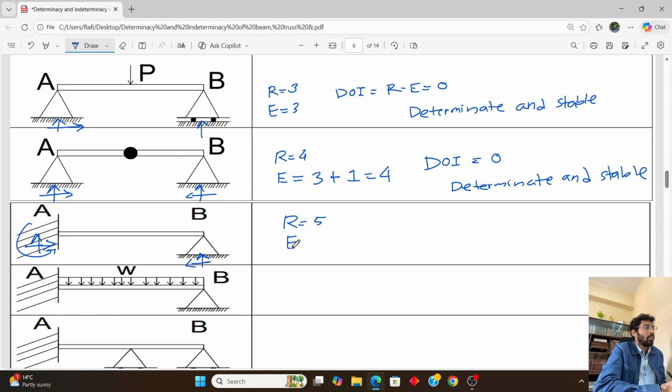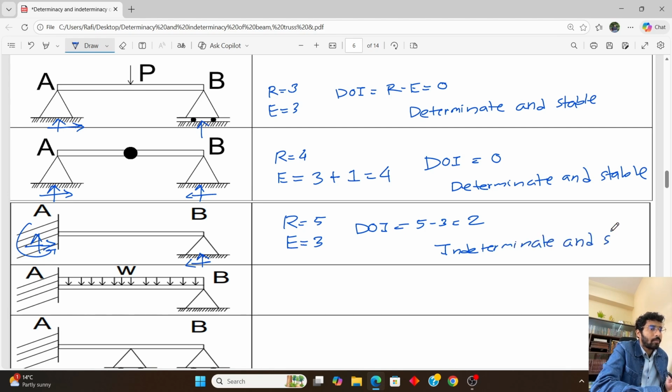There is no internal hinge, so the value of E will be 3. So the DOI value will be 5 minus 3 is equal to 2. As DOI is greater than 0, the structure is stable but indeterminate. Okay, so what we will write here, indeterminate